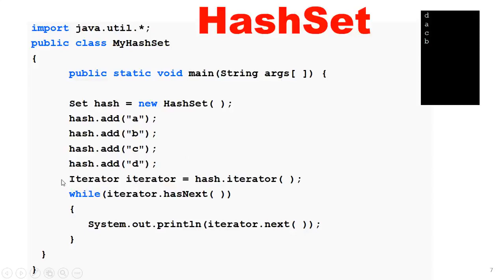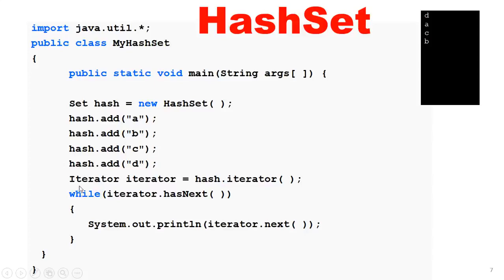And another is iterator. What is the working of iterator? Iterator works like a loop. Iterator is the interface, and we write a small i to start the word iterator, its object is equal to hash, which is the object of set, and the object of set contains a method that is iterator, and it will return the reference of set.